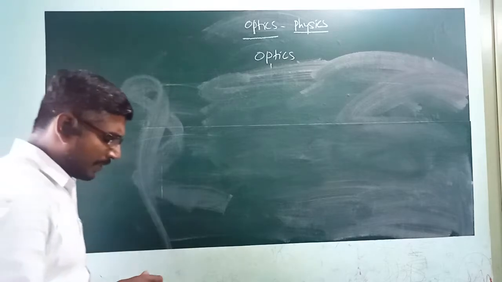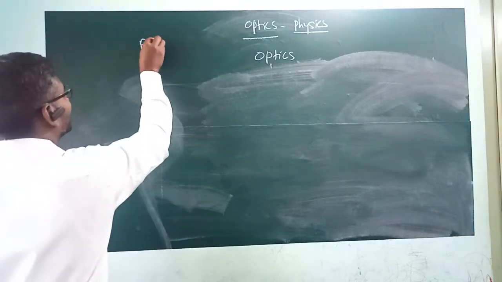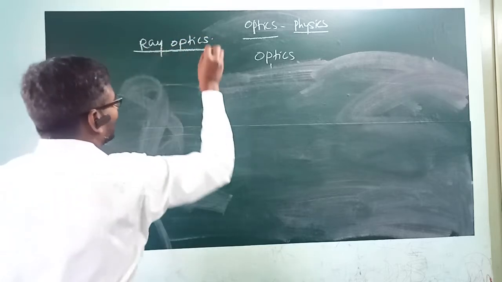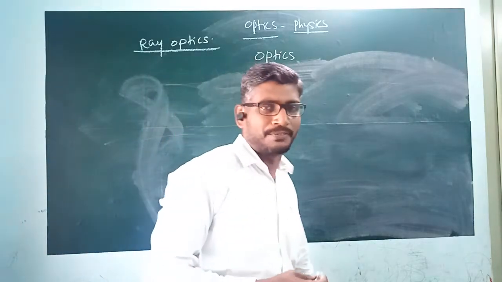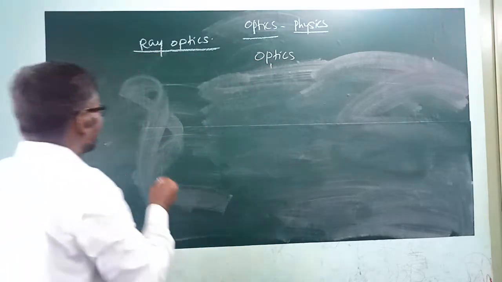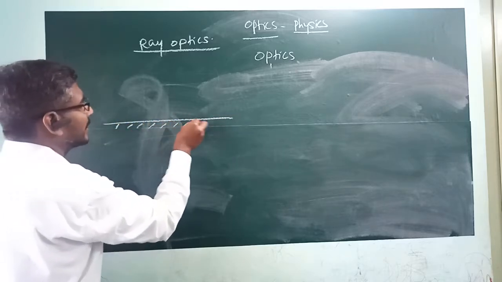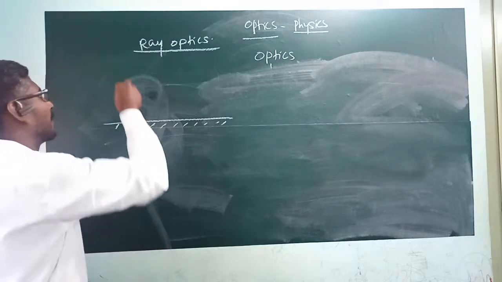Today, to continue, we will study ray optics. To study ray optics, I should first know how rays pass through a plane surface. Let us consider it one by one. Let us consider a glass surface. This is a glass surface which is plane and polished. If a ray is falling on this,